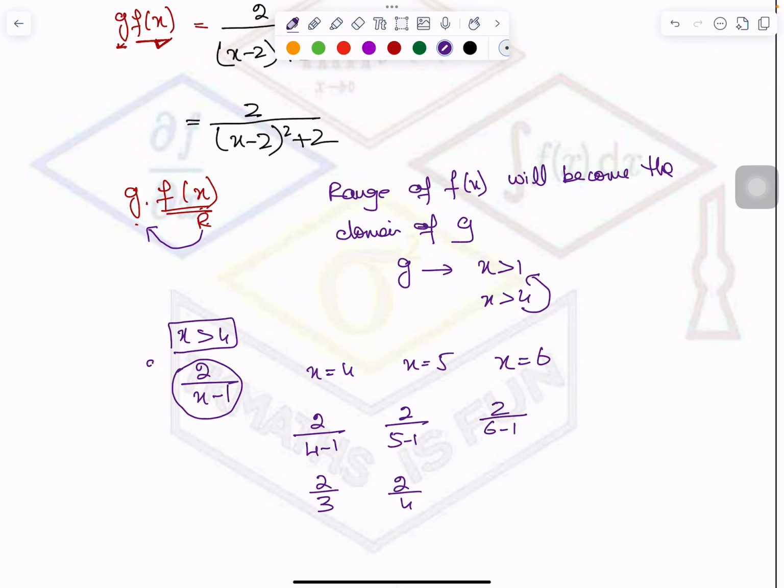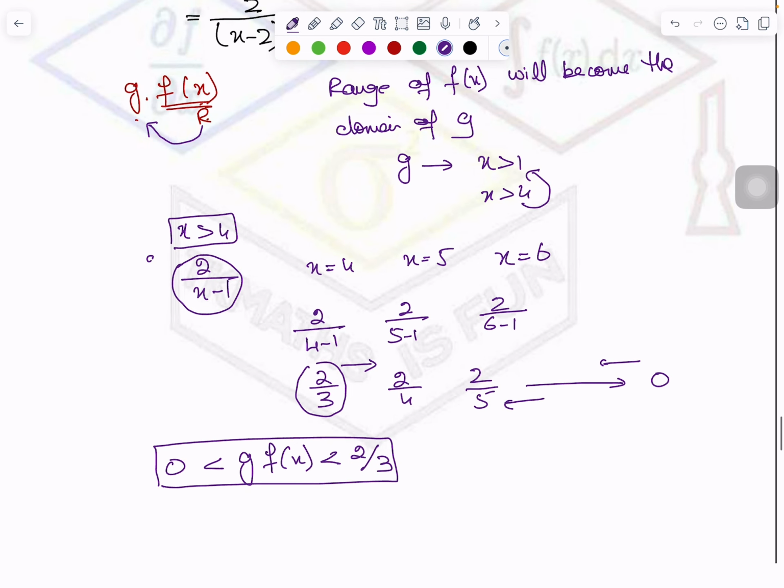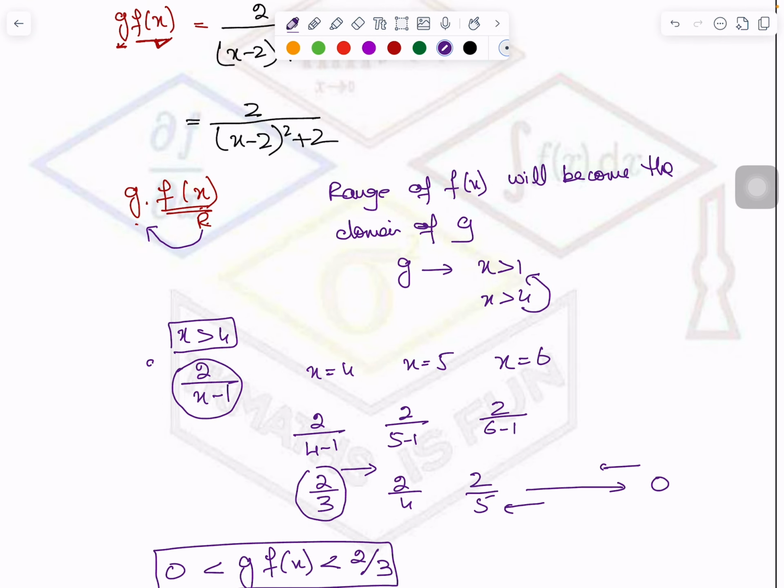What is happening? What did you notice? You notice that the denominator is increasing and values are moving towards 0. They will never touch 0, but they are moving towards 0. And they started from where? 2 over 3. So that's why I can say the range of g of f of x is greater than 0 and less than 2 upon 3. Right? They all are less than 2 upon 3 and they all are greater than 0. So this is how you will find out the range of composite function g of f of x. I hope you understood. I will put in this video